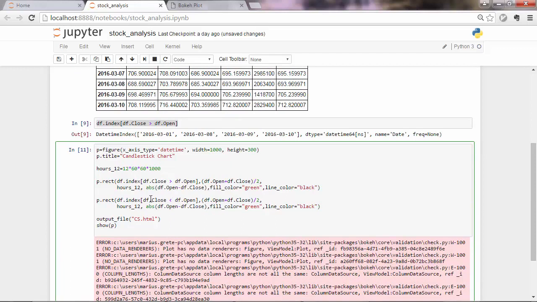So in this case you want to plot the candlesticks where close is less than open. So this will be the x coordinate for the center of the rectangle and the y coordinate, which will be the same. And width is 12 hours, so this number here, and then the height the same, and the fill color will be red for these charts. So for this it means that the day opened with a higher price and then it closed with a lower price,